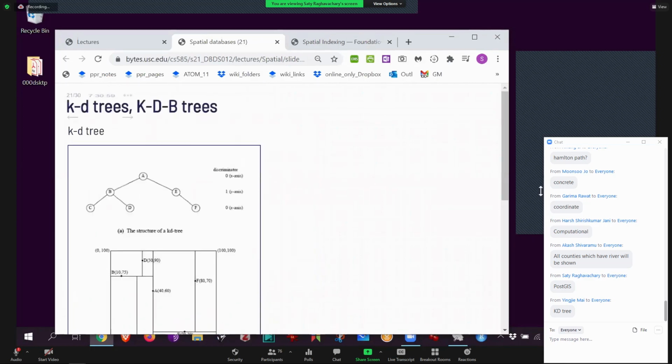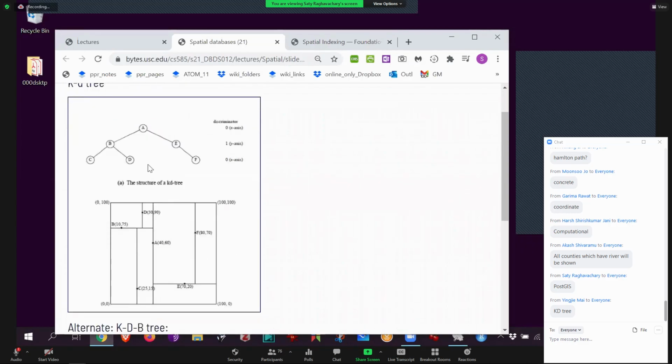But speaking of variations, so NJ said KD tree is right here. A different way to organize the same A, B, C, D, E would be to start with one of them, hopefully in the middle of your whole data, if you can tell, as your root node. So A is literally how you'll partition the whole world based on the fact that A is down the middle. So imagine then drawing a line down A, okay? So your whole world is now divided into 2 parts, left and right, starting with A. A different way of saying it: D, B, C would be on the left-hand side and A is going to be on the right side, like a binary search tree.